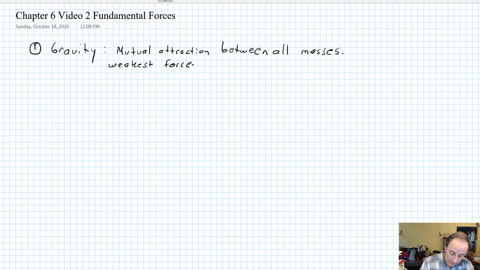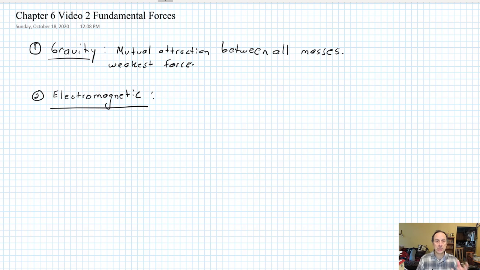So, the second one, which we also experience directly, is the electromagnetic force. Historically, electricity and magnetism were thought of as two separate entities. They were discovered differently and thought of differently until finally, I think it was Maxwell who put it together and realized that they're interrelated, and a changing electric field, that's worth writing,